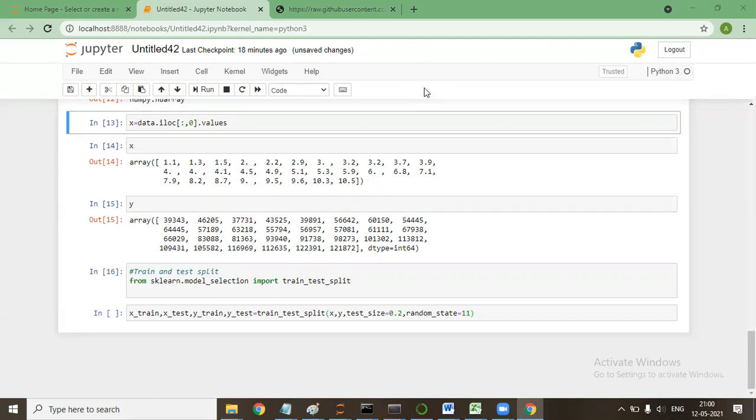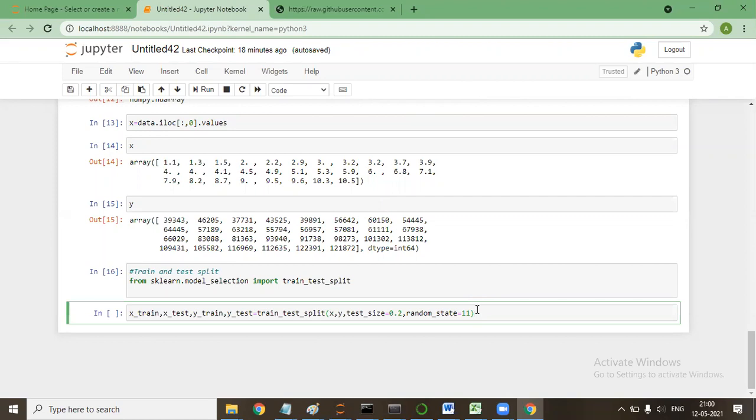In case we have more than one column, then we don't use .values. Okay, sir. Thank you, sir.